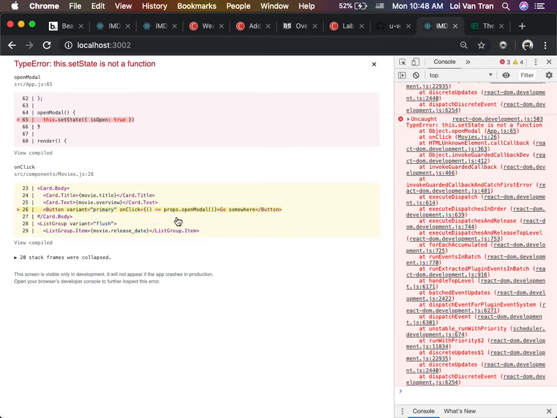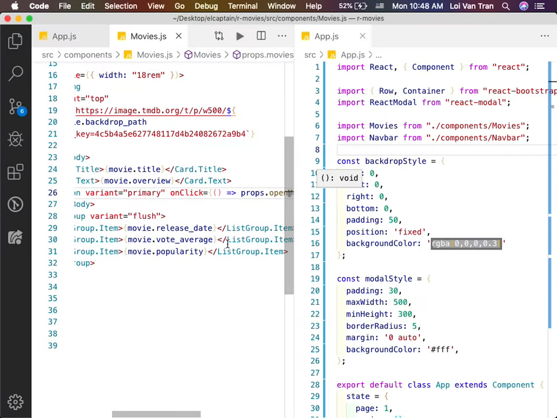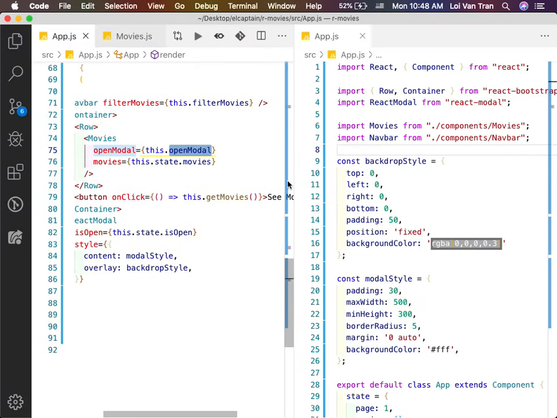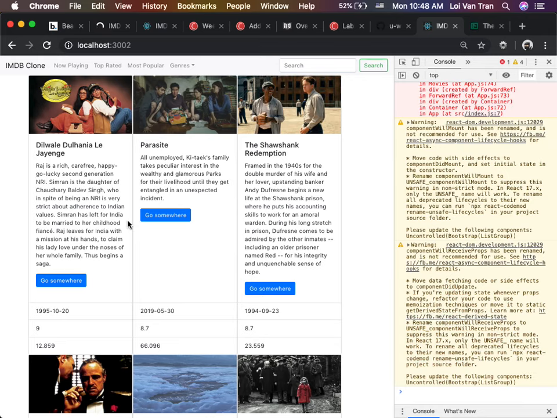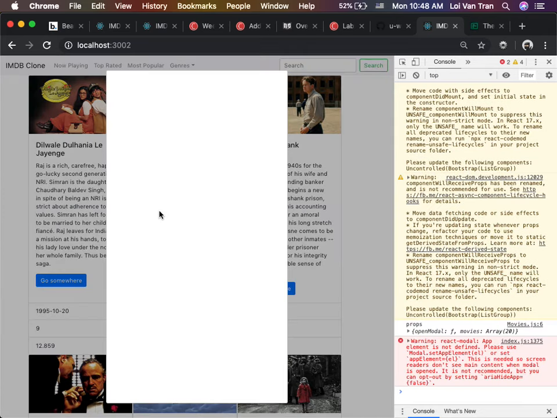This dot set state is not a function. The problem is what we talked about last week on Thursday and Friday, binding. On line 64, this function is not an anonymous function, and neither did we bind it on line 65. So if we bind it by putting it inside of another function and then firing it inside of there, I think it will work. And it does in fact work.